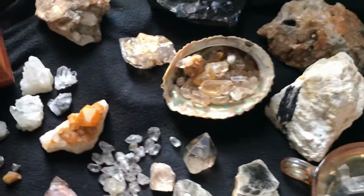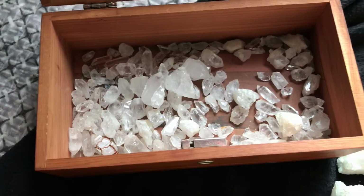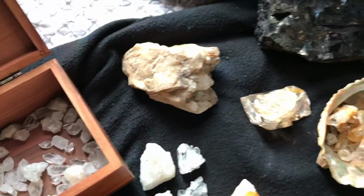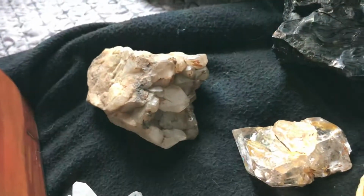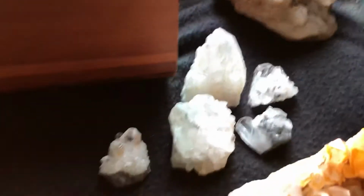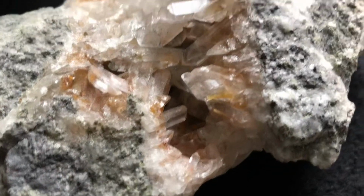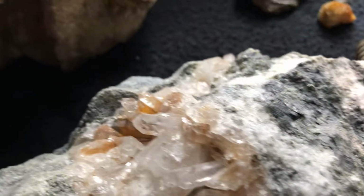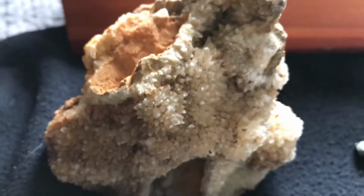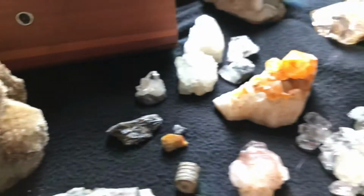Things that we dig, different places we've been going to rockhound and fossil hunt, and this is just some of what I have laying around the house right now. Unfortunately, we are in the process of moving, so our rocks are kind of scattered all over the place, and just everything's a little chaotic now. So it might take this channel a little while to get a decent amount of content on it, but I